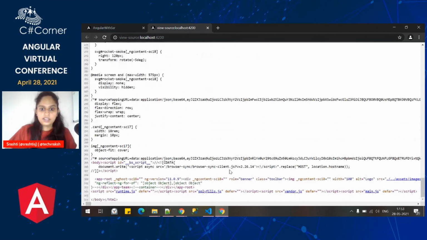I think I'm done with what I wanted to present. I would say try server side rendering in your application, but think about where it is actually needed and where it is not. If your site is only your profile and you want to make it a single page application, or you are posting a lot of blogs and you want to make it an Angular application, then it would be better to go for server side rendering, because it will be accessible to the web crawler and all.